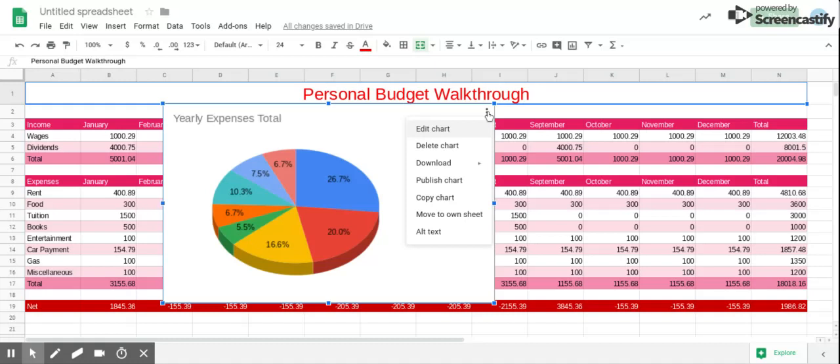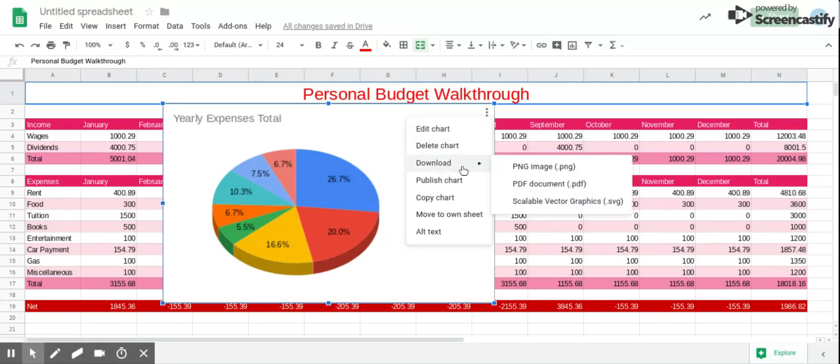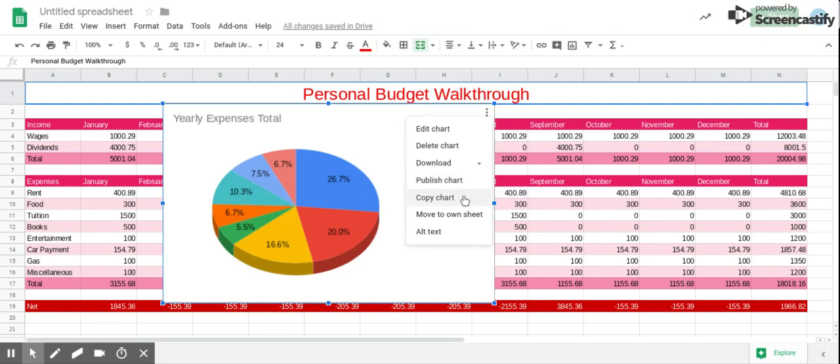We do our three little dots, and if we made a mistake and we need to edit the chart, delete the chart, you can download it, publish it, copy it, move to its own sheet, or add alternating text. Well, the only thing we need to do is we want to move it to its own sheet so it's